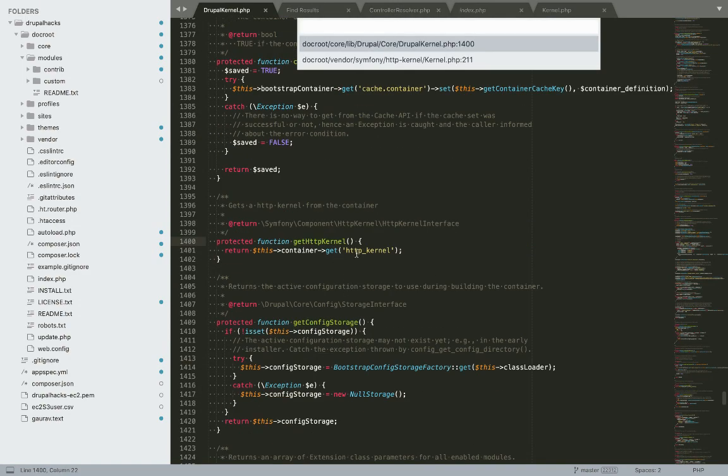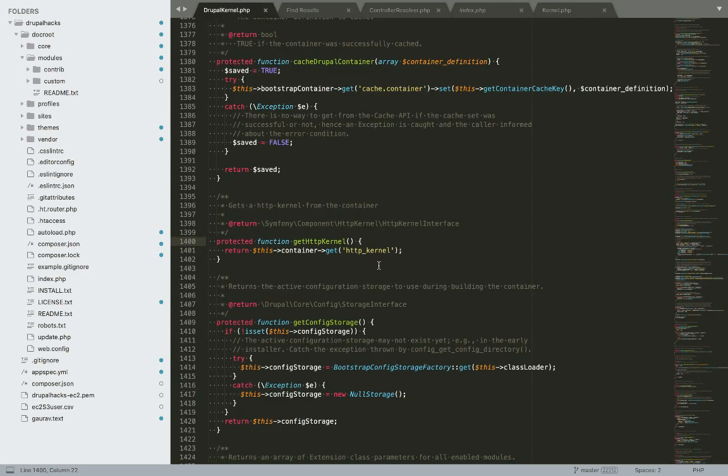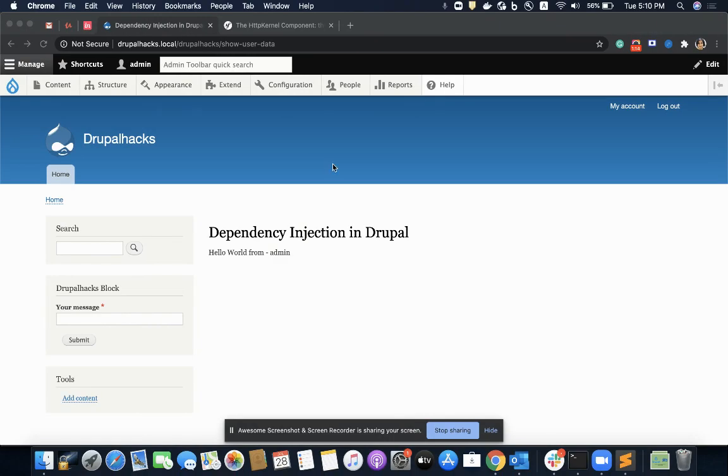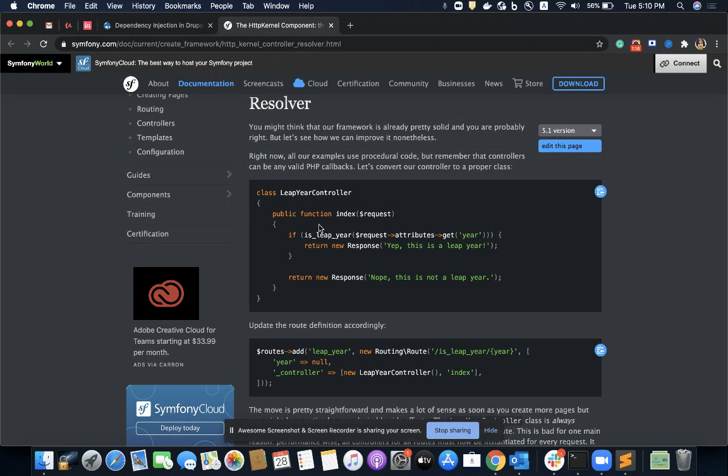This get kernel function uses the HTTP kernel component of Symfony. Since we know that Drupal runs over Symfony, if I go to the definition, HTTP kernel is used to generate the responses of the requests.